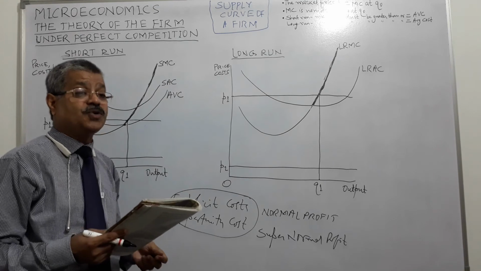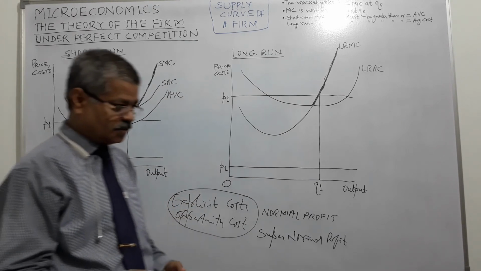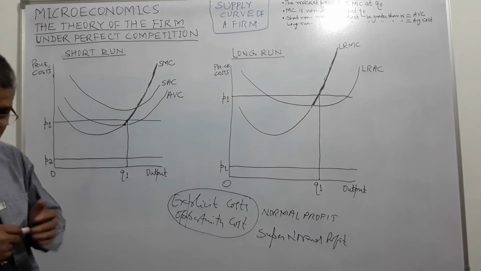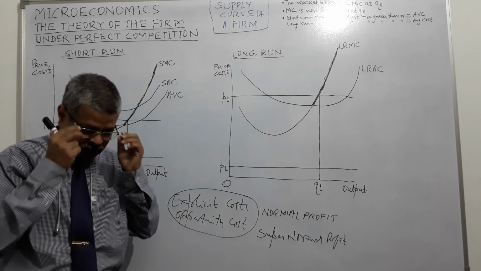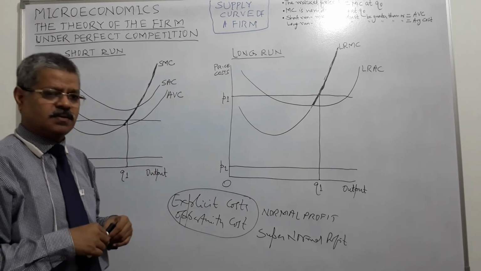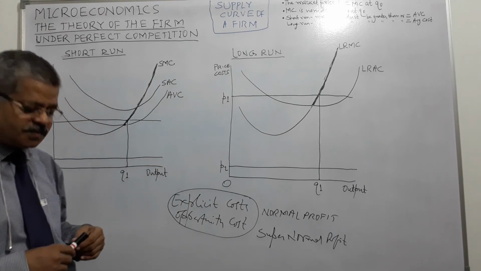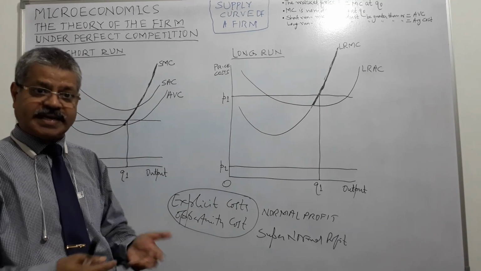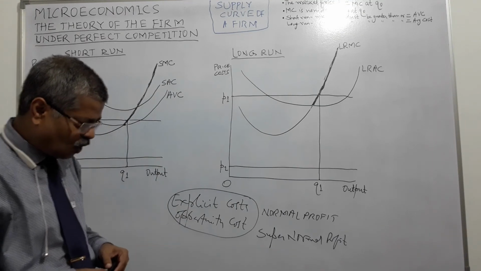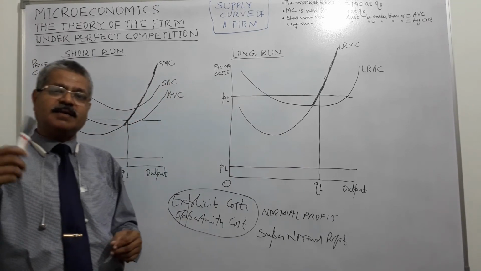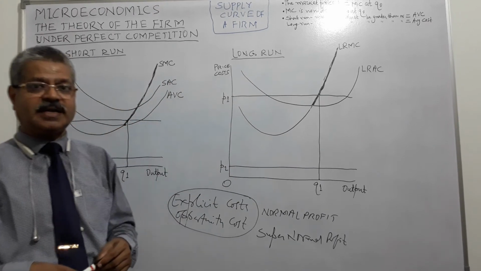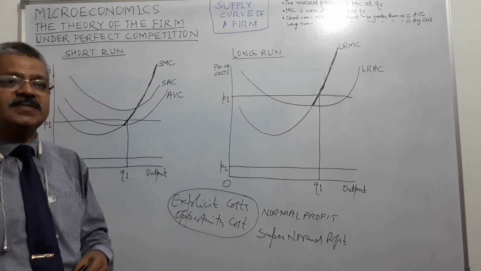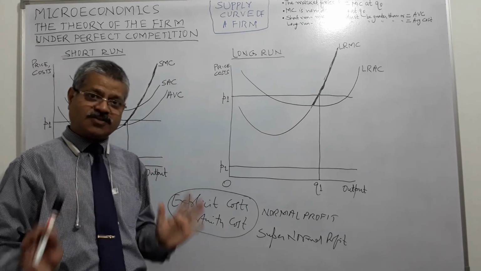Now we go to the opportunity cost. What is opportunity cost? Suppose I have got 1 lakh rupees at my disposal, and I have got a lot of choices. I can invest that money in my business, or I can keep it in my safe at home where I won't get any return, or I can invest that money in a bank which gives 7% per annum rate of interest, or in another bank which gives 5% per annum. The choice lies with me.